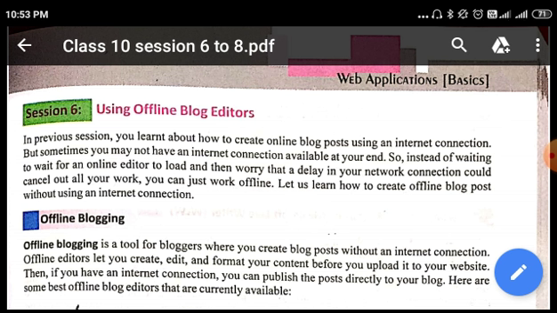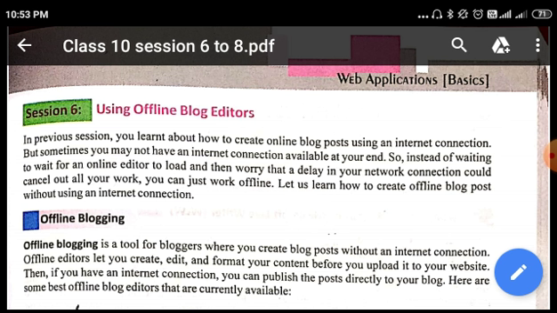So if you are not able to be online at some point of time, and it is very urgent for you to create something, you have to write something because time is very less, you can't wait to be online and then create a blog. In these situations you have to use an offline blog editor. Using an offline blog editor, you can edit a blog even while being offline. Then when you go online again, you can share the blog with people for reading purposes. This is the use and the advantage of having an offline blog editor.